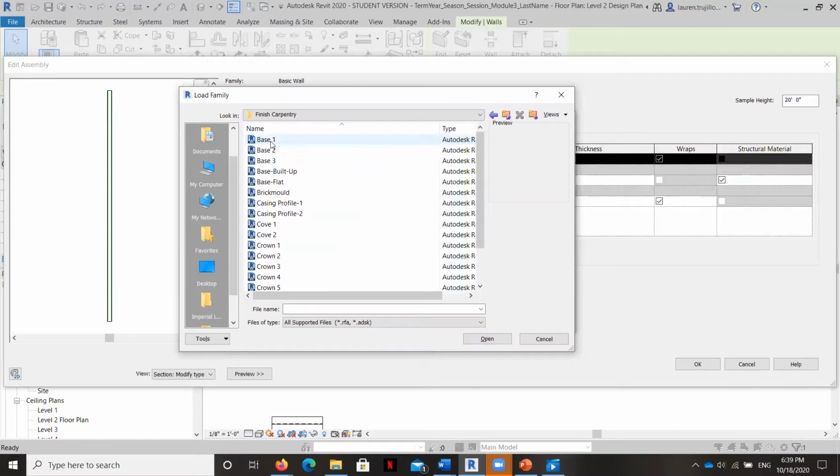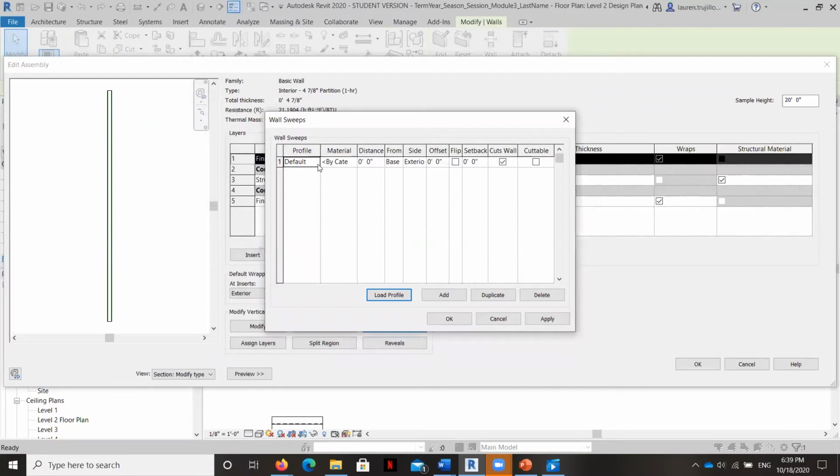And we're going to start by just showing you a preview here. So there's a bunch of different types. I'm going to start with the baseboard 3 because it's really simple. And we'll hit open. And you can see here, once you've loaded it, you've got a bunch of different sizes of it. So this is the height and this is the width. So we'll go ahead and pick that one.